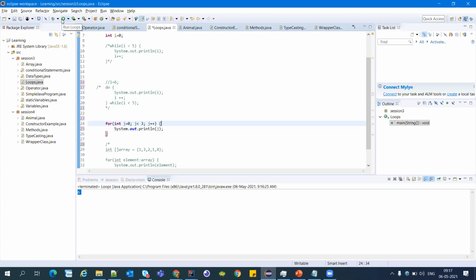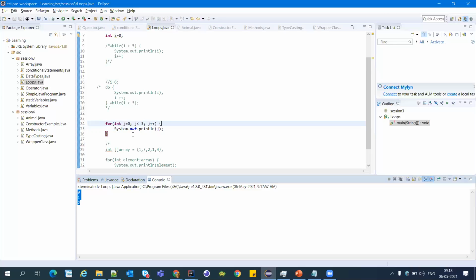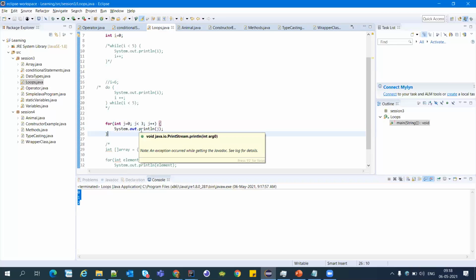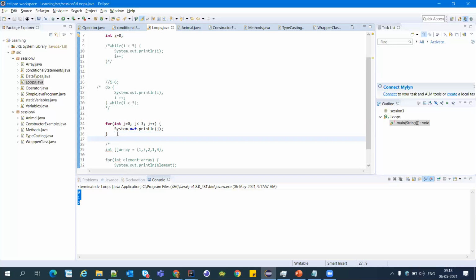It will print 0, 1, 2, right? So this is a simple for loop, just like the while loop, but we define the variable in it, we have the condition in it, and we have the j plus plus incrementation also in the for loop.